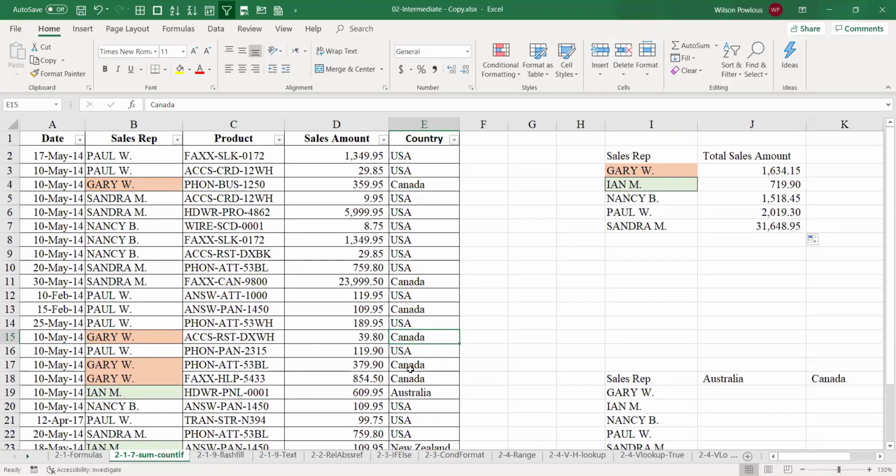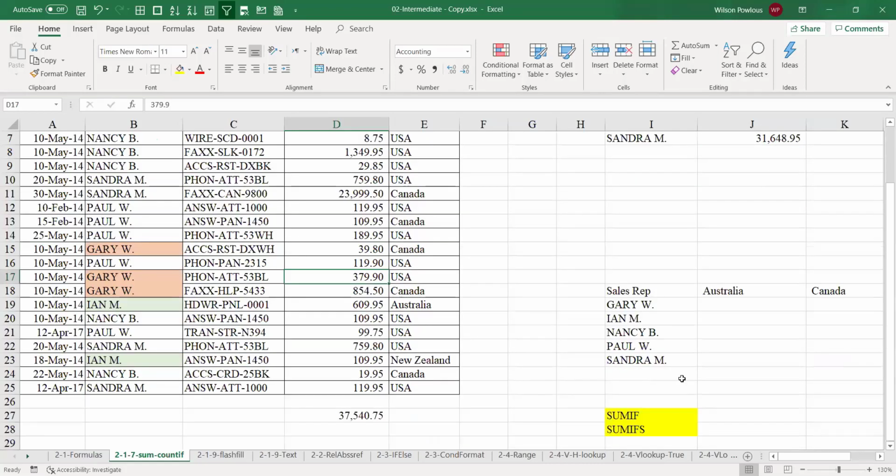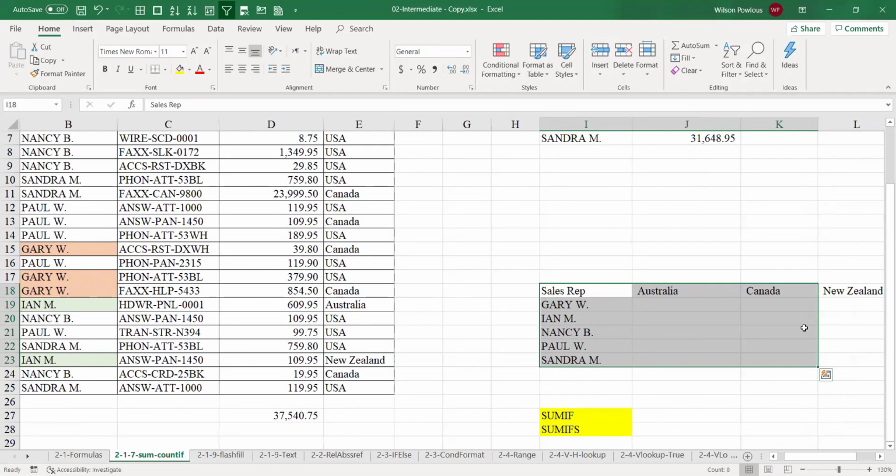I think everything is in Canada. Probably I will make this something, say USA. So Gary's sale of this one should be under Canada, and under USA we should have 379. So if you want the breakup per country, I will copy this a little up.